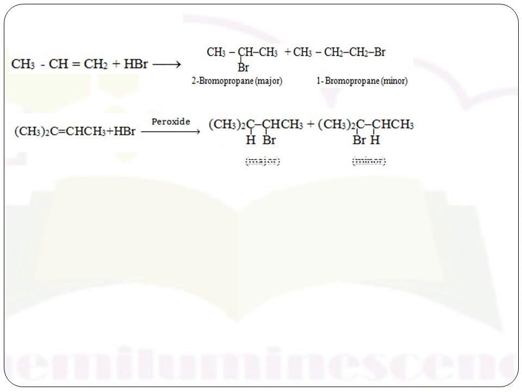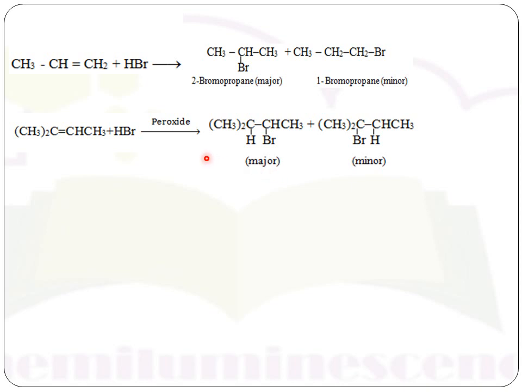Let's see, is it? This is exactly opposite. Why is it exactly opposite? Because if you observe the arrow, there is a presence of peroxide. If peroxide is present, the reaction mechanism changes and the reverse product is obtained. That is, the compound formed when the negative part is attached to the carbon carrying more hydrogen atoms is obtained as the major product.